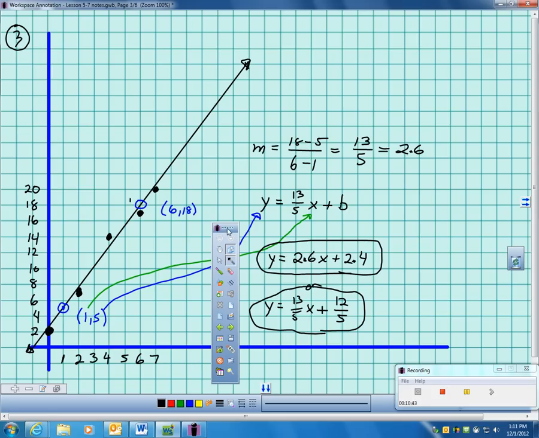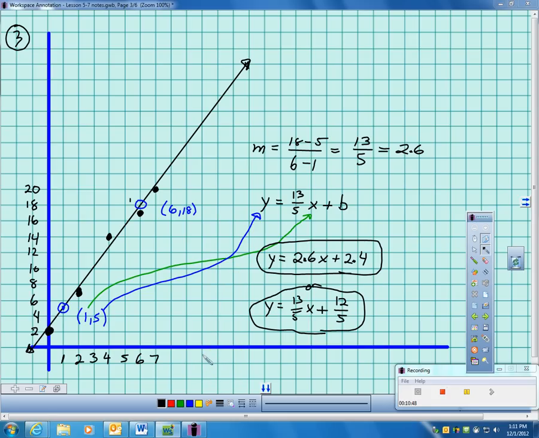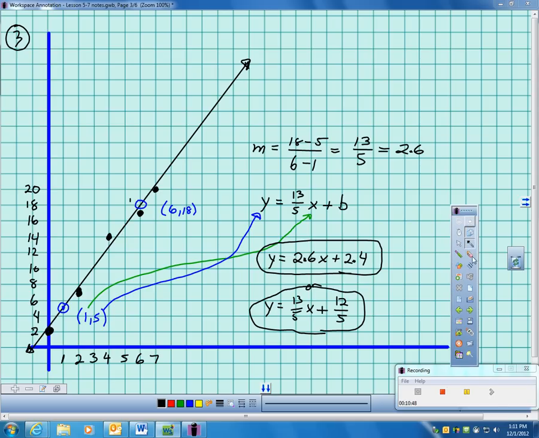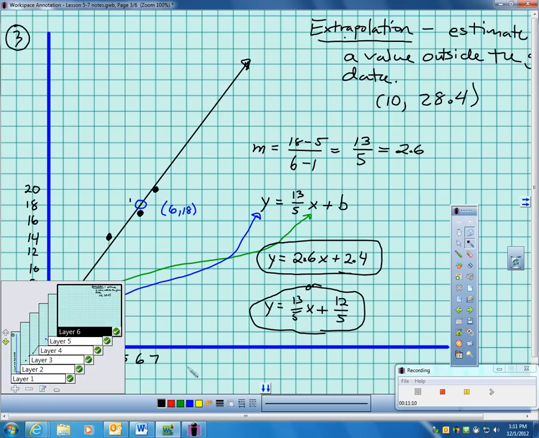Now, x is 10 is way out here. Okay? If I wanted to estimate the value of x is 10, do you see how x is 10 is outside the rest of our data? It's out here somewhere. It's out beyond the rest of the data. That term is called extrapolation. Extrapolation is when we're estimating a point outside the data. Okay? So,